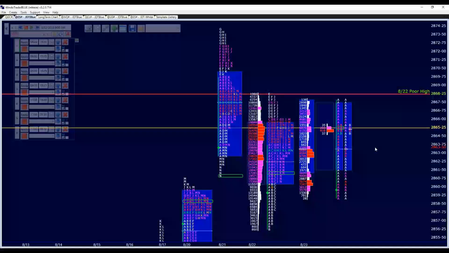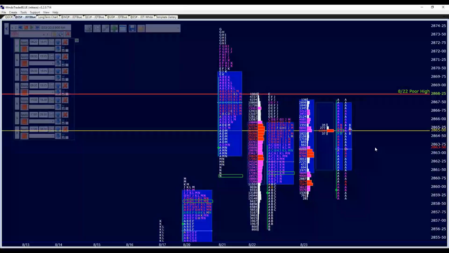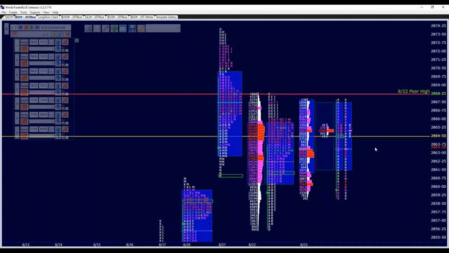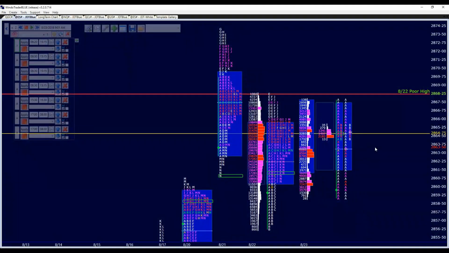Okay, so now we've opened in B period. So the first 30 minutes is gone. I've already said that the volume was relatively low in there. We've already said that, at least I thought, there were too many single prints. It shows just maybe too much emotion taking the market higher. And again, you'll ask me how many is too many single prints, and I'll tell you, I can't tell you that exactly, but I can tell you for the situation in here, because we're inside the previous day's range, it appears to be